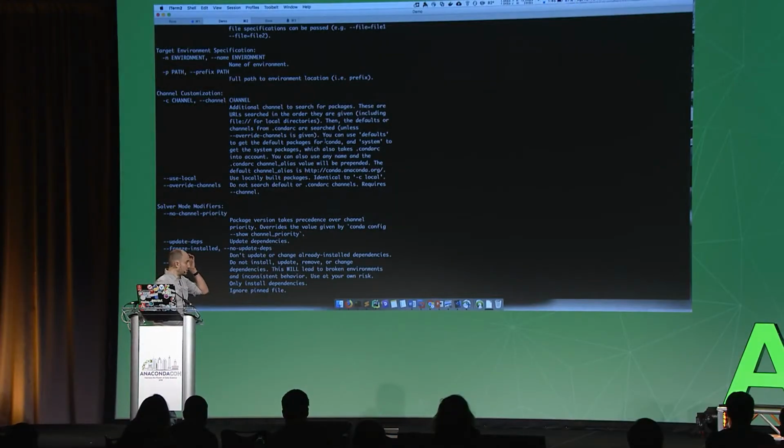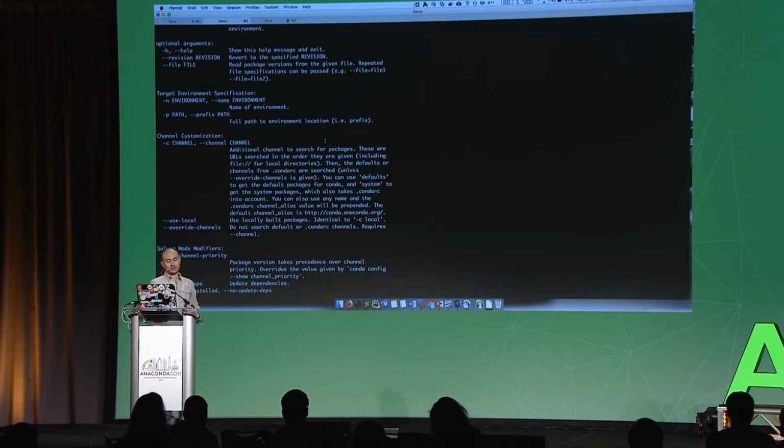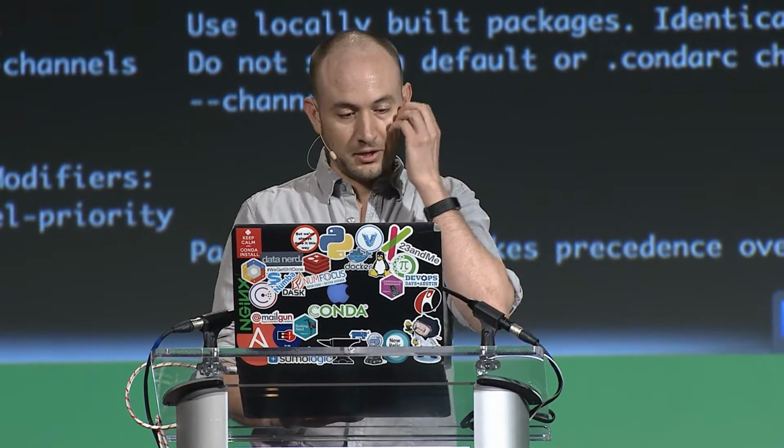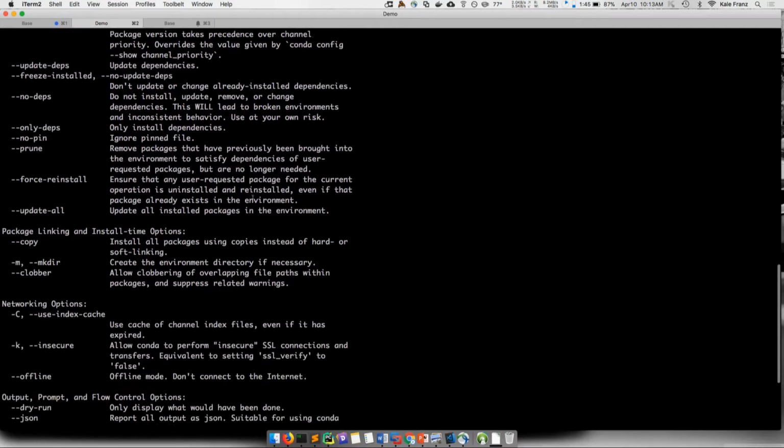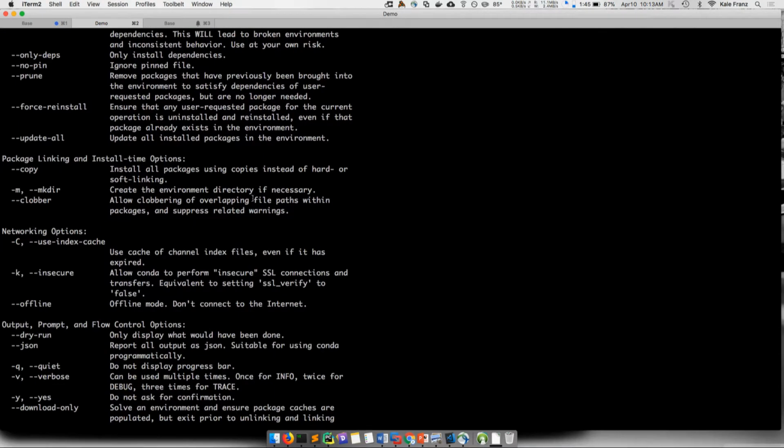There are a lot of options here. I don't know if you've ever read through all of them. They're newly organized, and this is why I'm using the master branch, because I newly organized them. Before, they weren't even alphabetized. They were kind of just stuck in how we added them, and it had been 4 or 5 years of just adding options after options, and none of them were organized, and so you couldn't really even understand